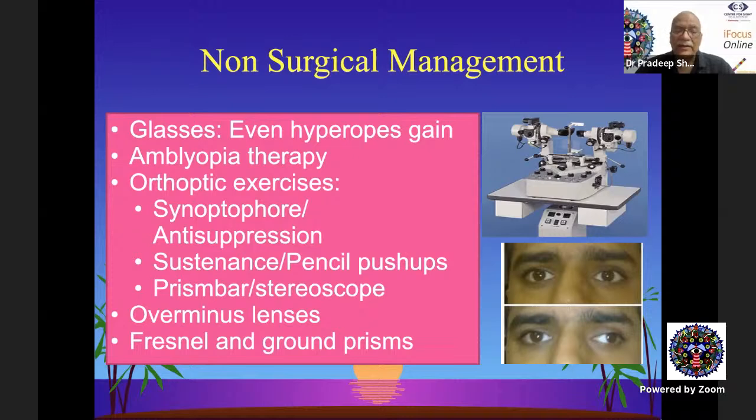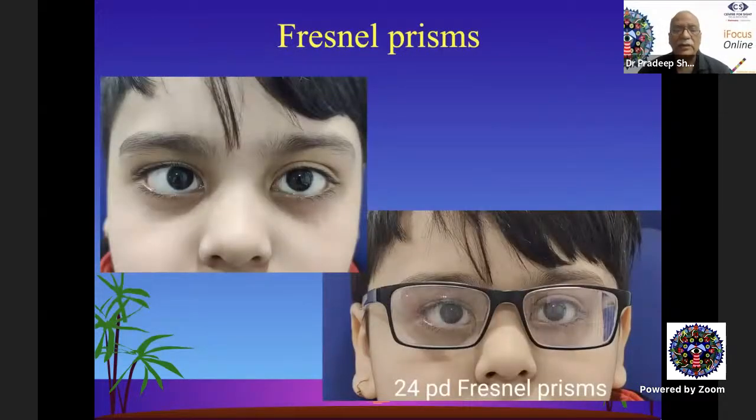You may do either on the synoptophore or the sustenance exercises with the help of pencil push-ups and the prism bar stereoscope exercises. Then we have the over-minus lenses, which is part of the non-surgical management. And of course, the prisms, which may be used either as ground prisms or Fresnel prisms. Like here you have a child having an esotropia, and with the 24 prism adapter base out Fresnel prisms, you can see the